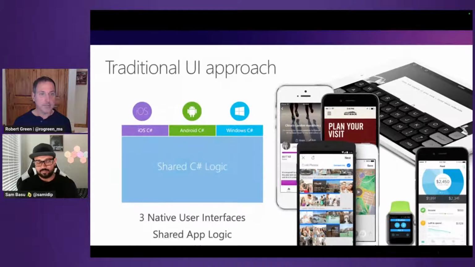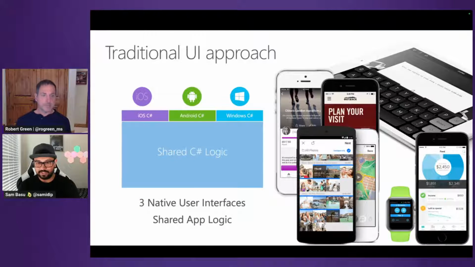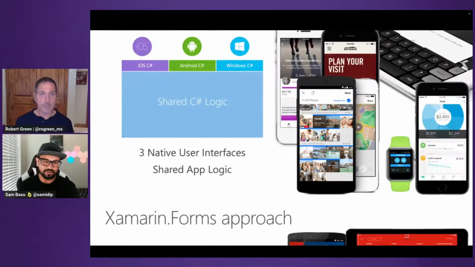So if you start with .NET and see how things evolved, this is kind of where we started. This was called Xamarin iOS and Xamarin Android back in the days. I started with Mono. We started writing some shared C#, and then we said, let's write the heads separately for iOS, Android, and Windows. And this was a good start. You can actually still do this. It's just called .NET for iOS and .NET for Android. Good first step, but you do need to know about how to write apps in iOS or Android. So again, maybe just a slightly higher barrier to climb over.